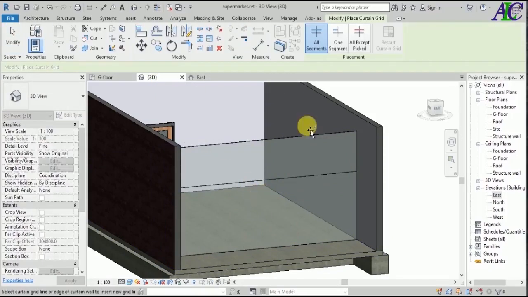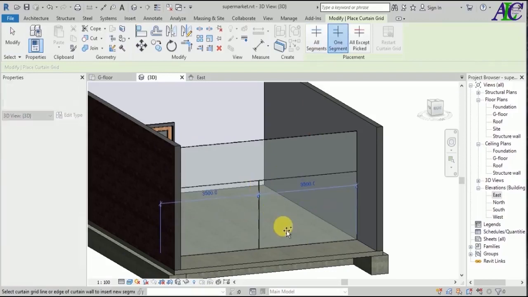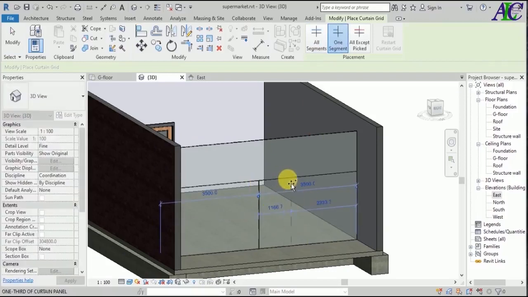Okay, again let's create a curtain wall again in here like this to open the door. Okay, as the door has two